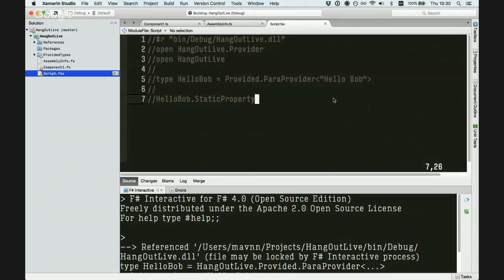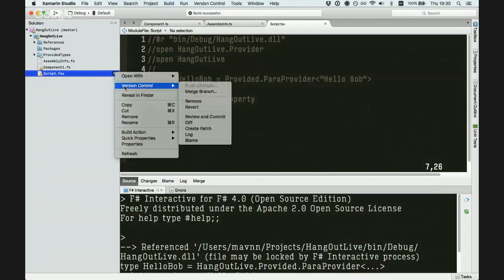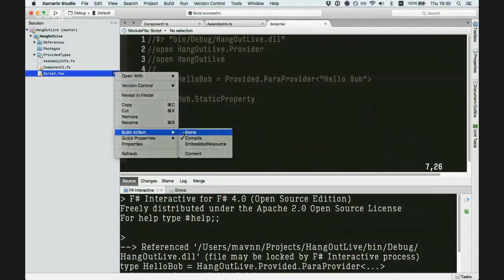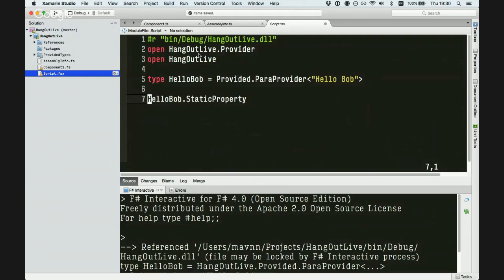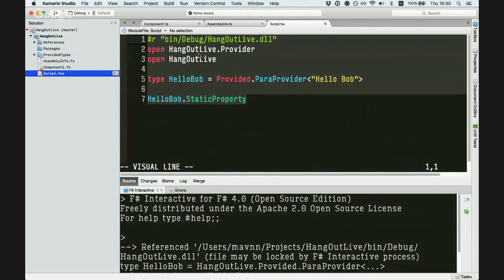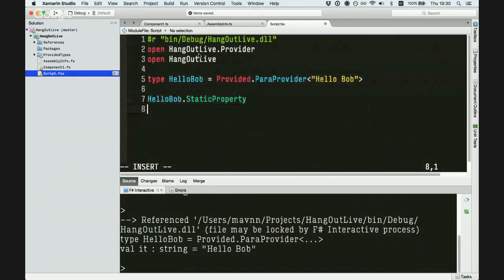Right, so we'll comment out our script again for the moment, and I'm not quite sure why it's trying to build the script. I wonder if I can. Aha, I can tell it not to. Great. And let's see what happens. Saying this constructor isn't defined, but we'll